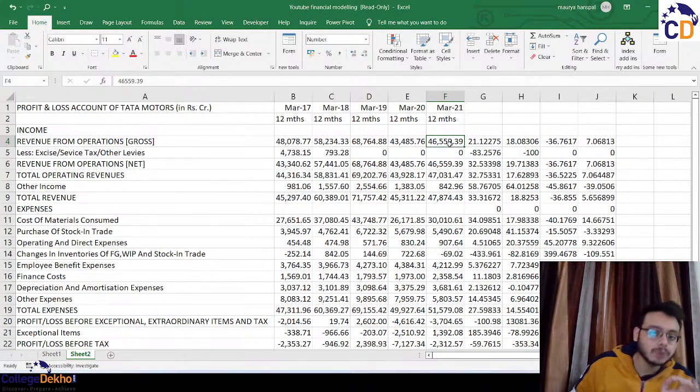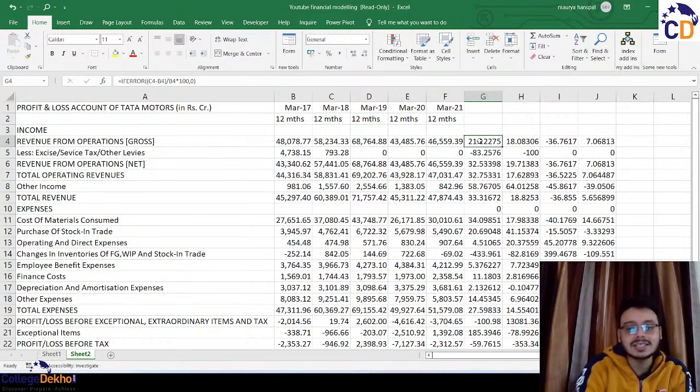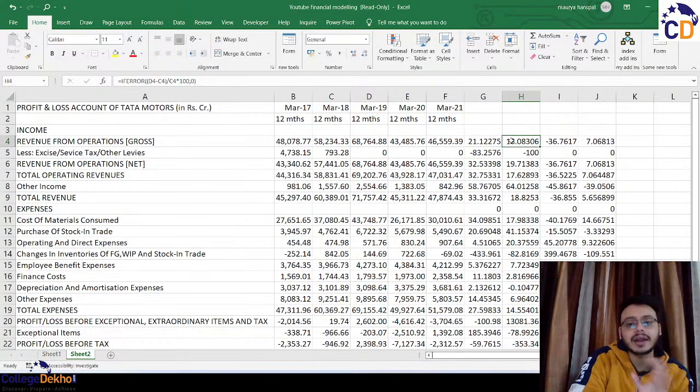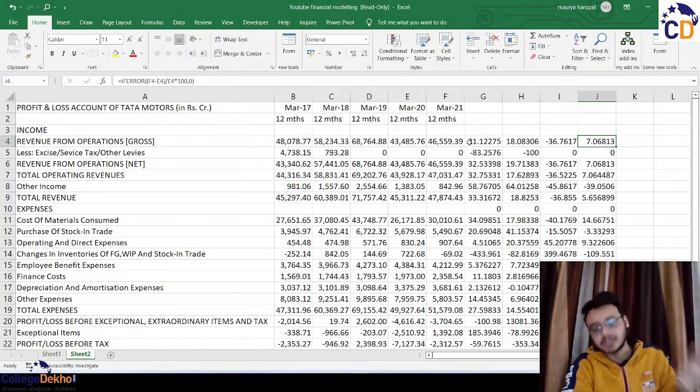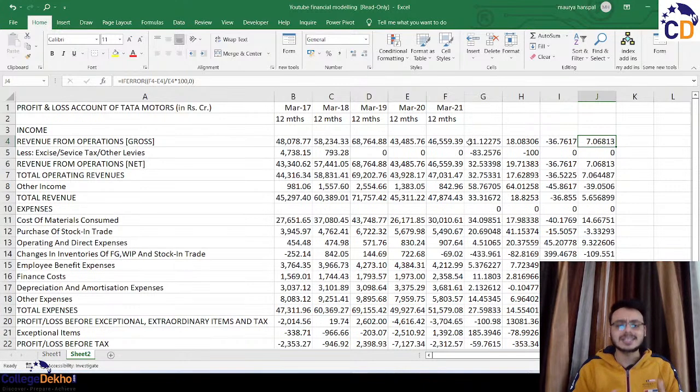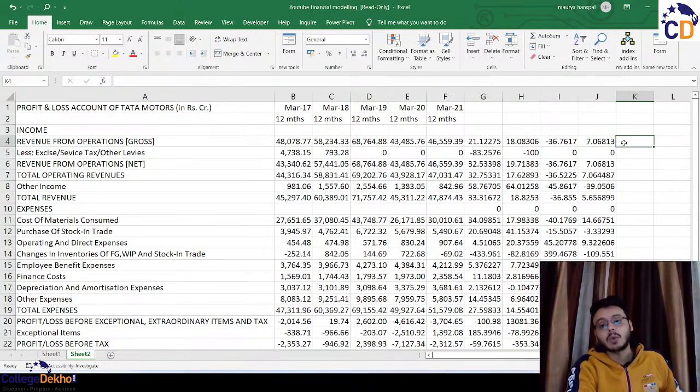The simplest way to forecast is to take the average of these returns. As you see in this cell, we compared 2017 and 18, and here we compared 18-19, then 19-20 and 20-21. So we have the year-by-year data. We can take the average of all this and have an estimate of how much the revenues of the company have grown on average over 5 years. So by using the average function, what we can do